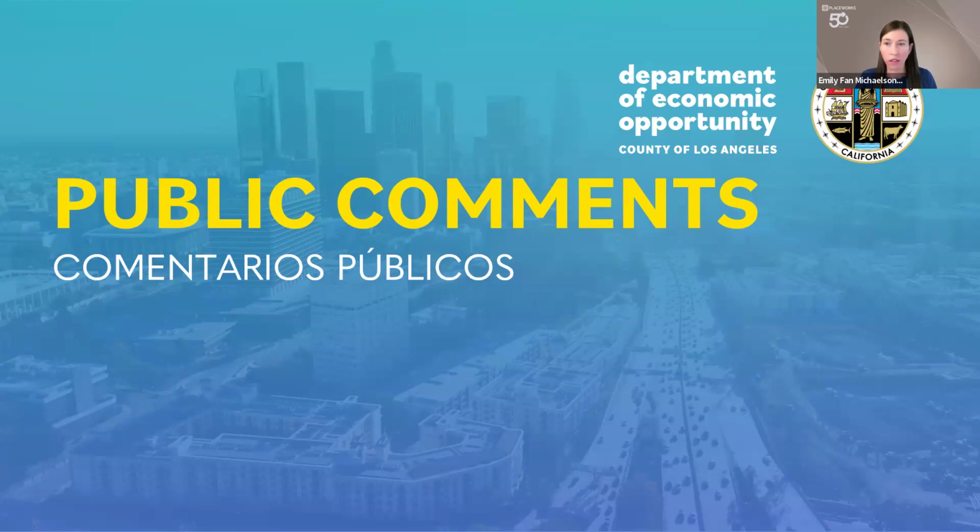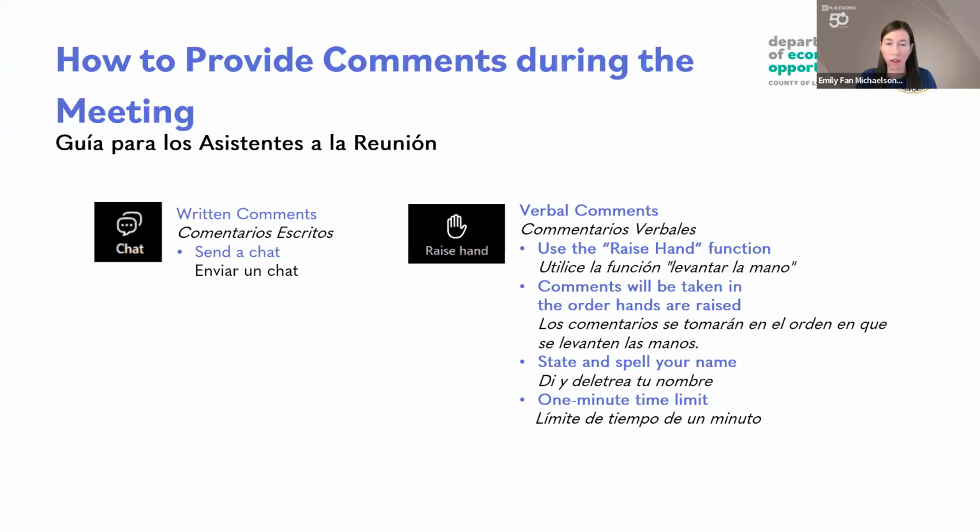So there's two ways you can submit in writing via the chat button. The chat button can be found on the toolbar at the bottom of your screen, and then you would just type in your comment. Please be aware that there is a limit of about 1,000 characters for a chat message. So if you have additional comments, you're welcome to create a new chat message, or you can send in your comments via email or US mail, and Kristen will be providing additional information on submitting written comments during the